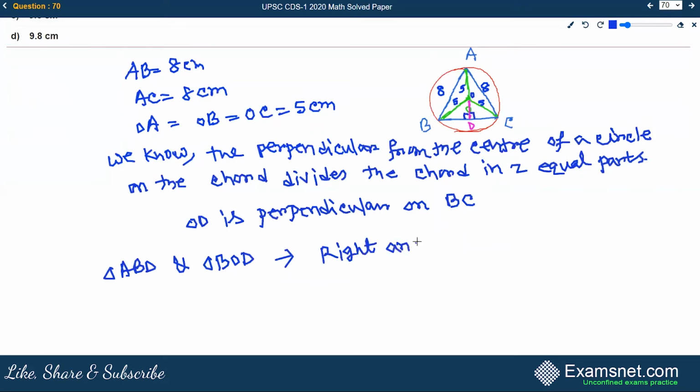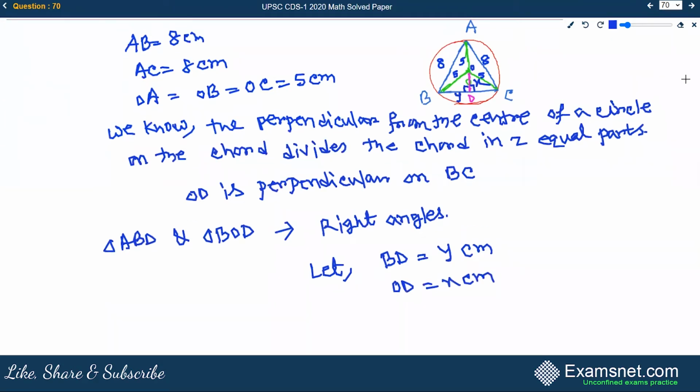Okay, right angles. Now we can assume that the length of BD is Y and the length of OD is X. We don't know the value for BD, so let's say Y centimeter and OD is X centimeter. So by Pythagoras theorem, now we can write